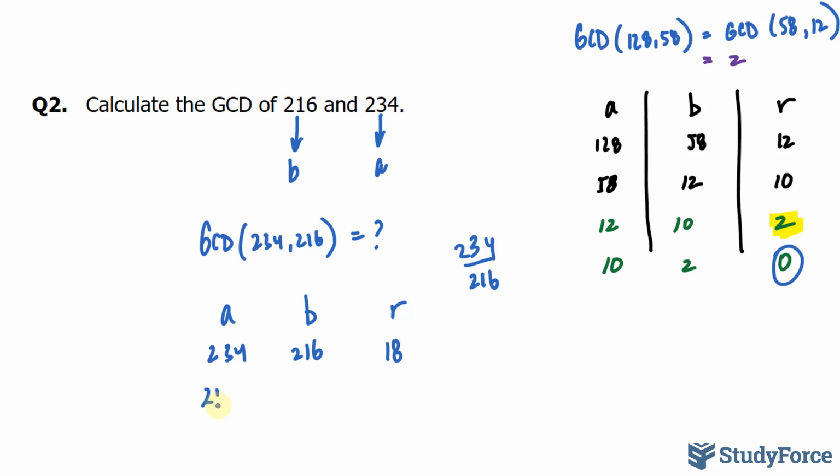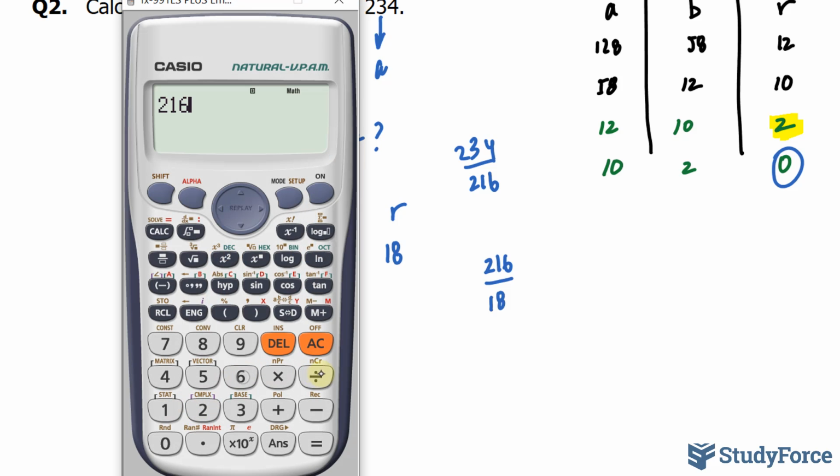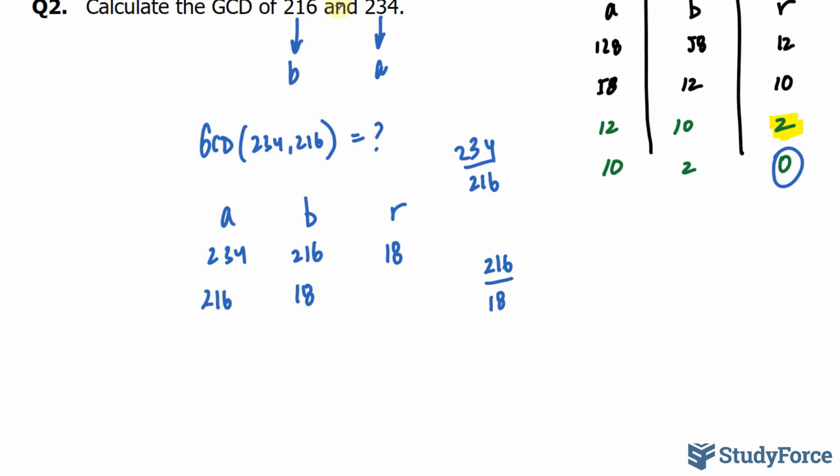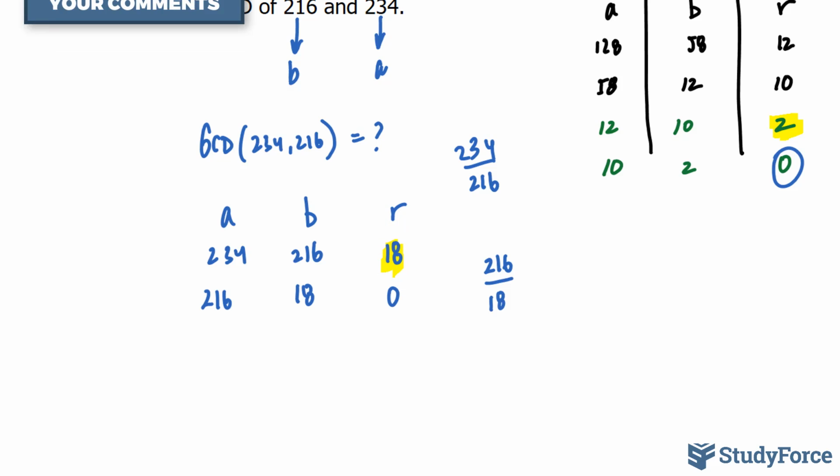So now we're dealing with 216 and 18. We'll repeat the process. 216 divided by 18. How many times does 18 fit into 216? I'll quickly use my calculator. 216 divided by 18, it fits 12 times. Now because it fits 12 times exactly, that means there's no remainder. And so the previous non-zero remainder is our GCD, 18. That's it. That's the GCD